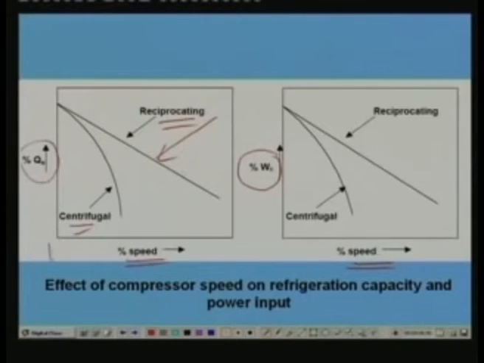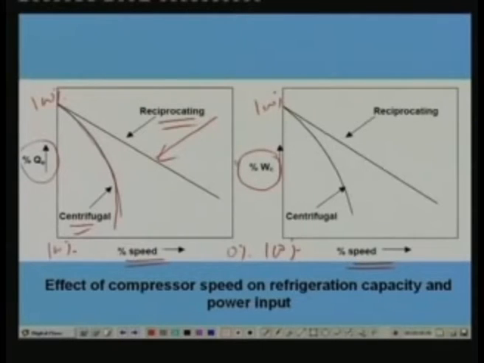Okay, so this is the 100% speed, and let us say that this is 0% speed, and this is 100% capacity. Okay, so similarly this is 100% speed, this is 100% capacity. Okay, so as you are reducing the speed, the refrigerant capacity is reducing almost like a straight line, but for centrifugal compressor you find that the reduction is much more rapid. Okay, so for a given change in the percentage speed, drop in refrigerant capacity for centrifugal compressor is much higher